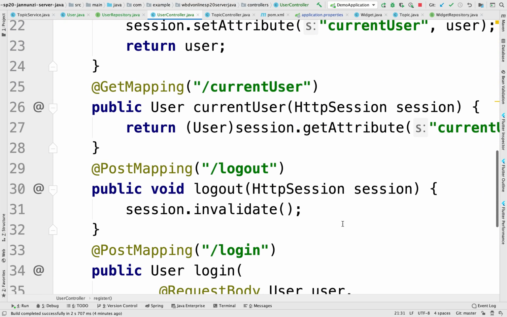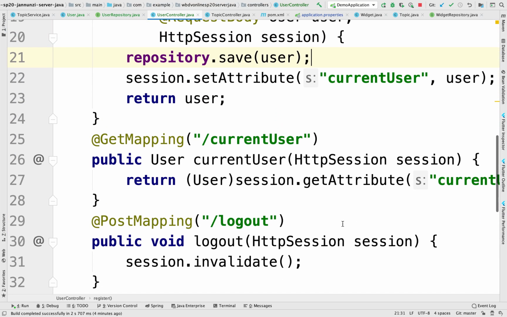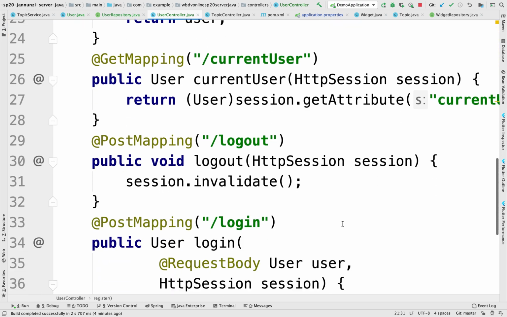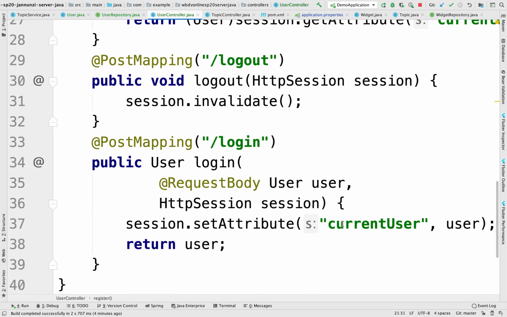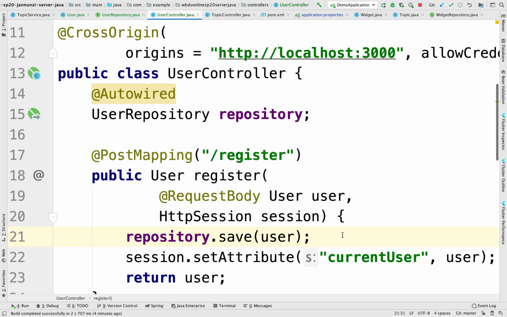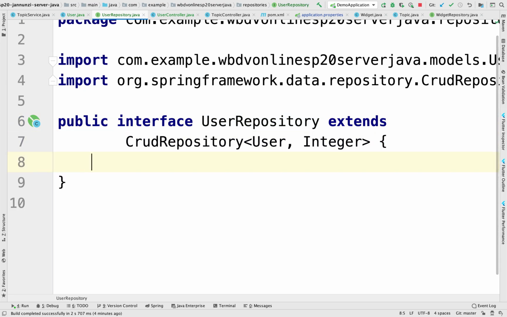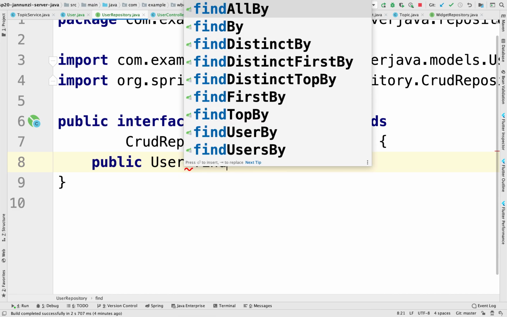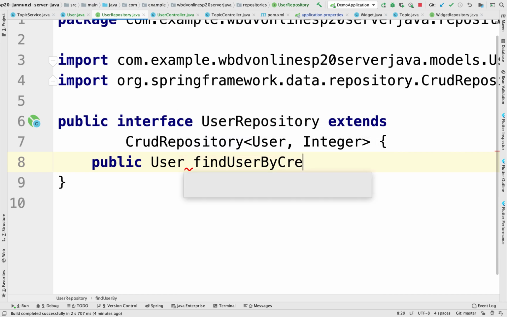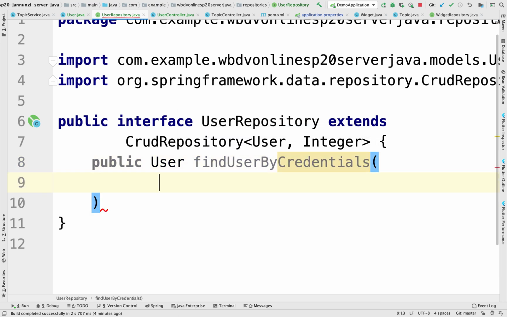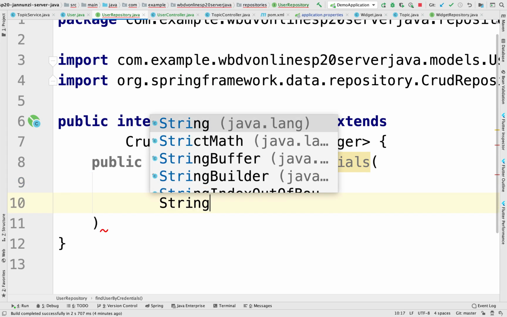But then when we do a current user, well, the current user is in the session, right? So we're not going to deal with that. But then in the login, we can try and find the user based on the username and password, right? So to do that, what we could do is that in the repository, we could have a function that returns a user and retrieve it by find user by credentials, where we're going to pass a string as a username. We're going to pass a string as a password,